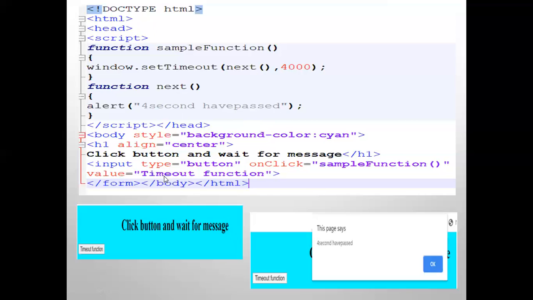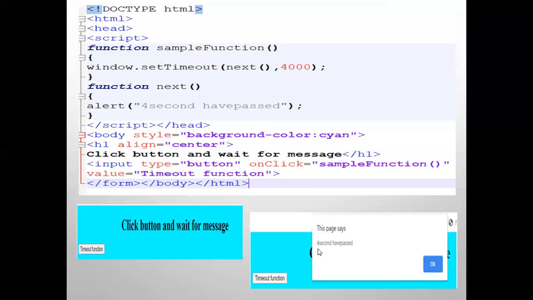So when I run this program, first it will show me this window. One message will be written, click button and wait for the message. So after 4000 milliseconds, you will get a message. So here you click, and on top of this window, you will get another window.